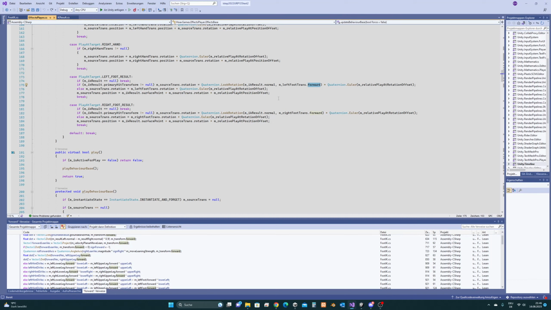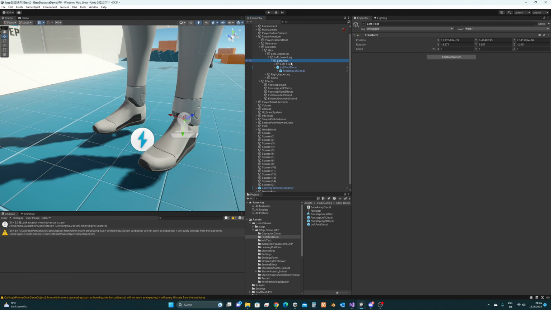Just remember, if you really want to use it in your own code, you will need something like that, and this for the other foot. And this is how you rotate these things. And you can change that. There's one edge case where this is not going to work. For example, if the left foot